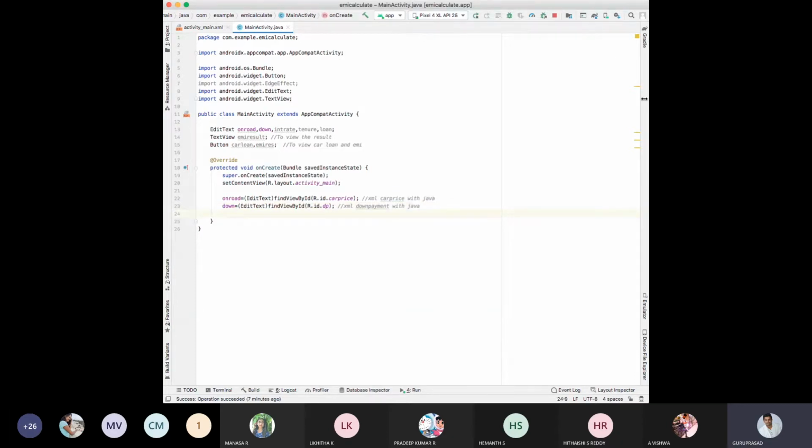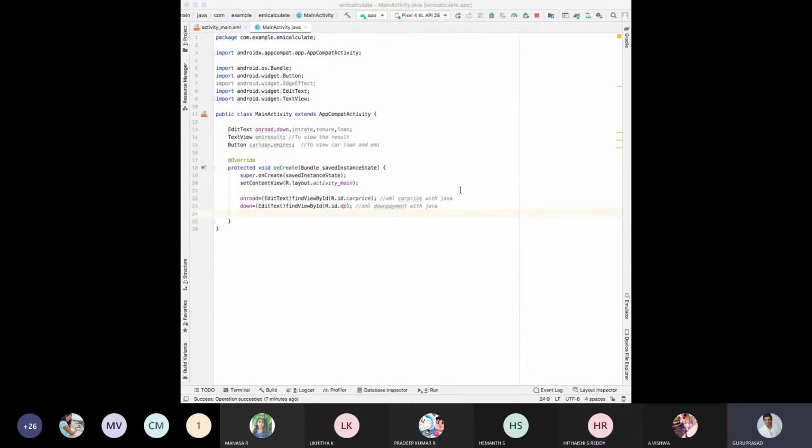Next, down payment over. What is the next thing we need to integrate? Loan amount. On road price we know, down payment we know, loan amount. There is an edit text. You can manipulate this loan amount manually or you can calculate. Find that view by ID. There is an ID in the resource.